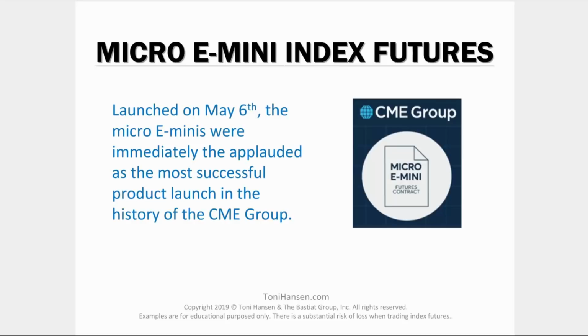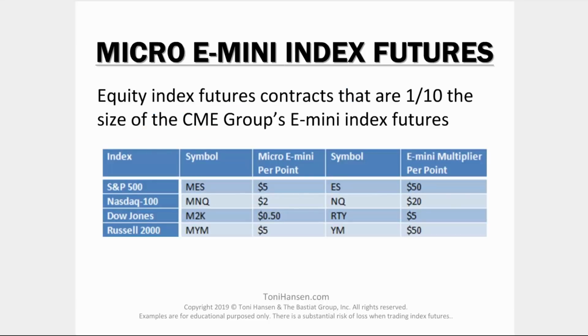So to start with, I want to tell you just a little bit about the micro E-mini index futures. So these came out on May 6th, right at a month ago. I started trading them as soon as they came out. I was pleasantly surprised with how much liquidity we had. It was really easy to get fills on the trades, got some nice price movements. So when you're looking at trading the micro E-minis compared to typical E-mini index futures, here's what we're looking at. If you have one contract on the micro ES, you're going to be looking at the trading symbol MES, M